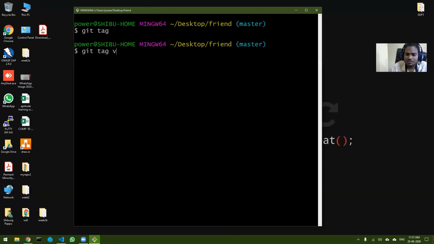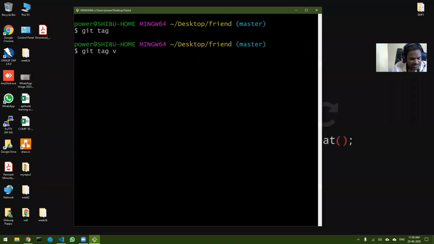I put it, so that's why I'm putting V. And then there are basically 3 numbers separated by dots. The first is the major release, the second is the minor release, and the third is basically hotfix or any other releases.